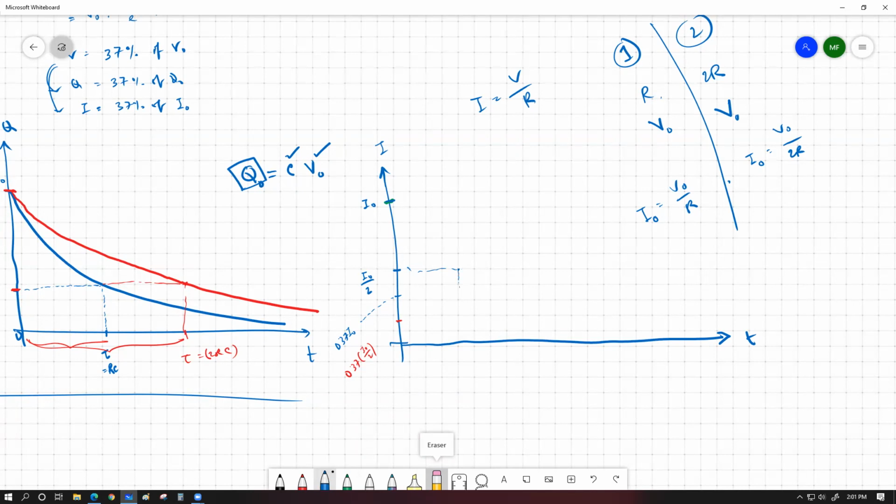So if this is the time constant for the first circuit, the second circuit's time constant is going to be double of that, which means it's going to be somewhere about over here. So it's going to start decaying from this point and go through this point and decay over here, whereas I naught is going to go through here and decay through this part. So if I try to draw those curves to my discoverability,